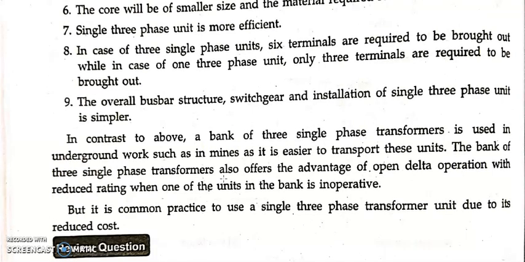But there is one more advantage of having a bank of 3 single phase transformers. Now also we are using those, because we know that in mines and similar places, the space is very small, and even people find it difficult to go inside. In that case you can't take a single 3-phase transformer inside the mines. So the bank of 3 single phase transformers will come into action there. The transportation will be much easier, because they are light in weight when compared to a single 3 phase transformer, and can be easily carried inside. Even one more advantage we will discuss in the coming class.